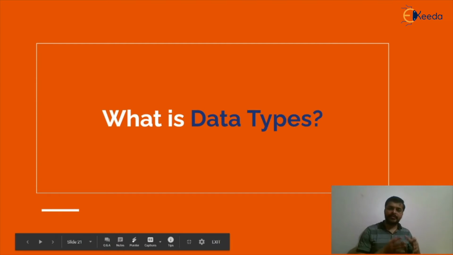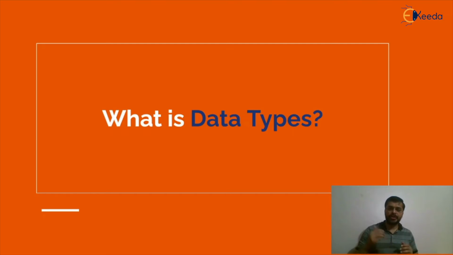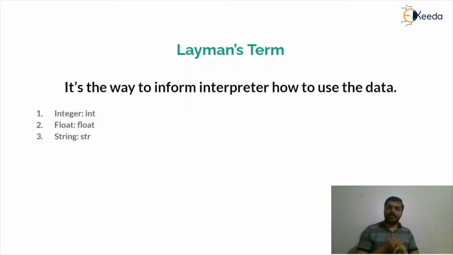In the last lesson we saw how to use different types of data like integers, floats, strings, and how to assign those to a variable. So all these types of data are called data types. A data type is a way to inform the interpreter how to use data. That means whatever kind of data you have, whether it's a string, int, or a float, you are informing the interpreter that the data you are going to assign to your variable is either an integer or a float